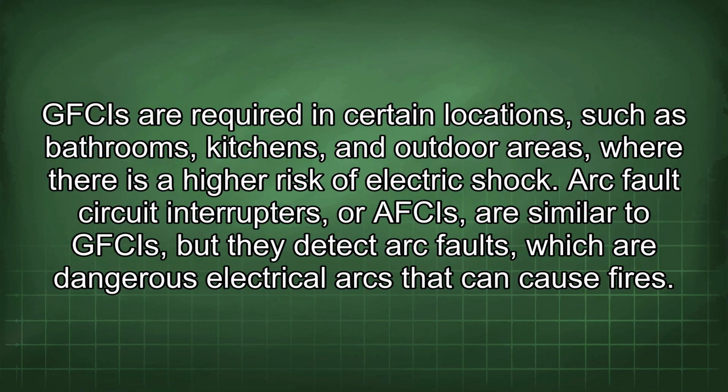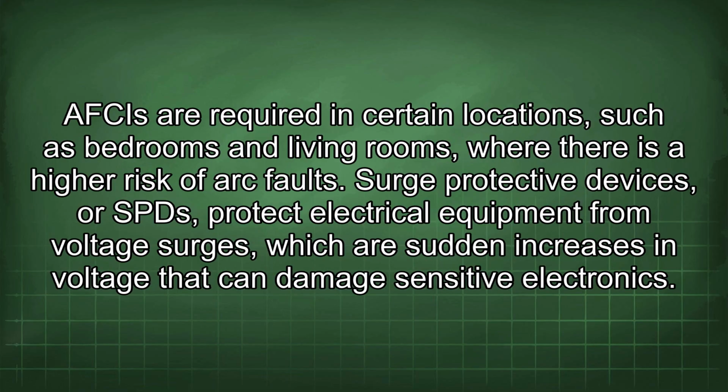Arc fault circuit interrupters, or AFCIs, are similar to GFCIs, but they detect arc faults, which are dangerous electrical arcs that can cause fires. AFCIs are required in certain locations, such as bedrooms and living rooms, where there is a higher risk of arc faults. Surge protective devices, or SPDs,